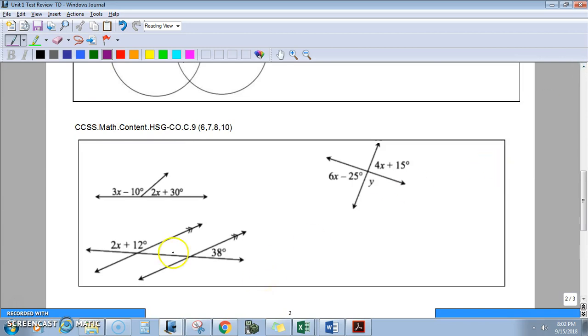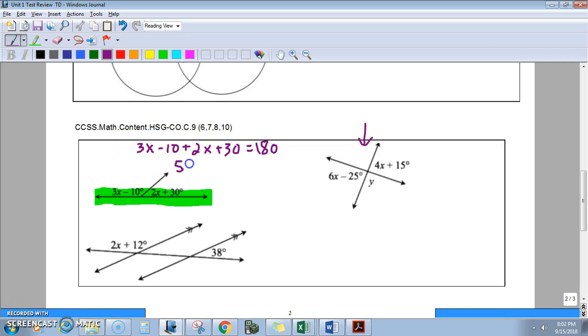All right, so this one on the test, I think it just wants you to solve for x, okay? This one I think wants you to solve for y, which would be supplementary to this angle here. So let's start with this one. These two angles are obviously supplementary because they're along a straight line, so they're going to add up to be 180. So if they add up to be 180, the equation is, I take one angle, I add the second angle, they must be equal to